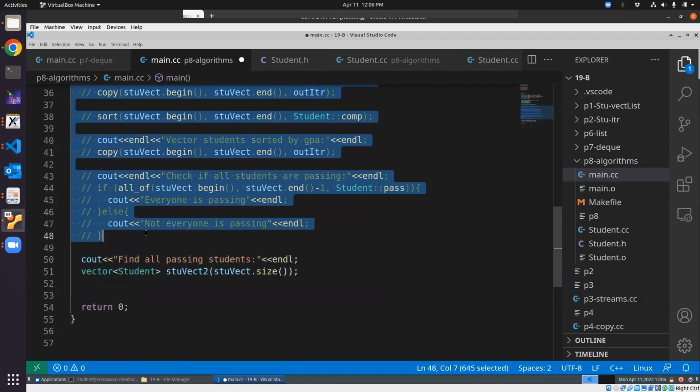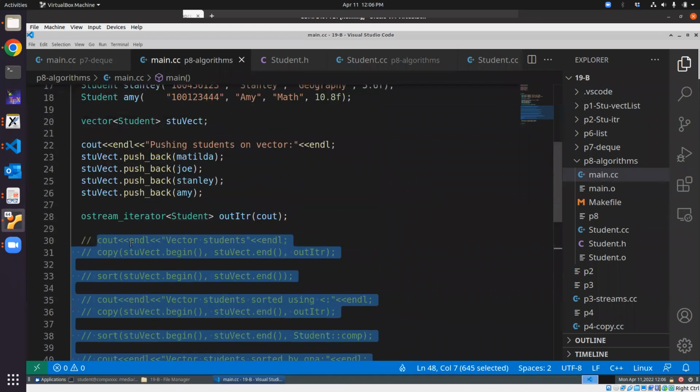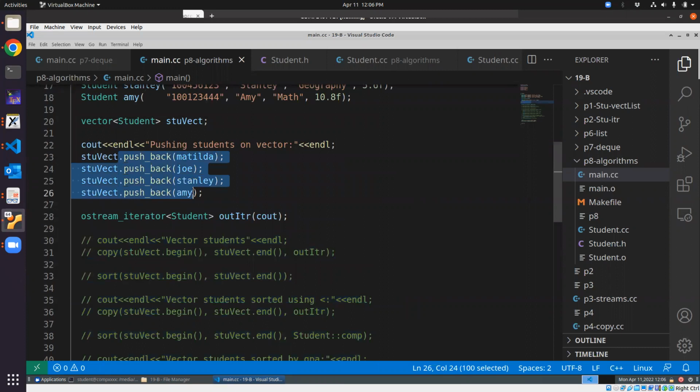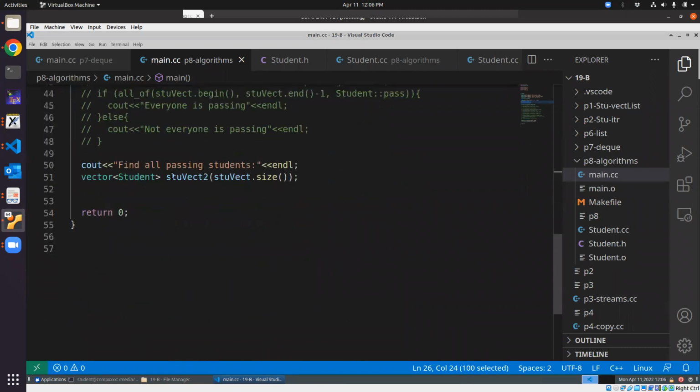Let's get rid of all this extra noise. So we have our student vector, studvect. We pushed 4 students on. Now we're going to make a copy of all of the passing students from studvect. So we're going to declare a new vector called vector2 that has, to begin with, the size of studvect, right? So we're going to initialize it so that there's room to copy these students into this vector. And then we're going to say,